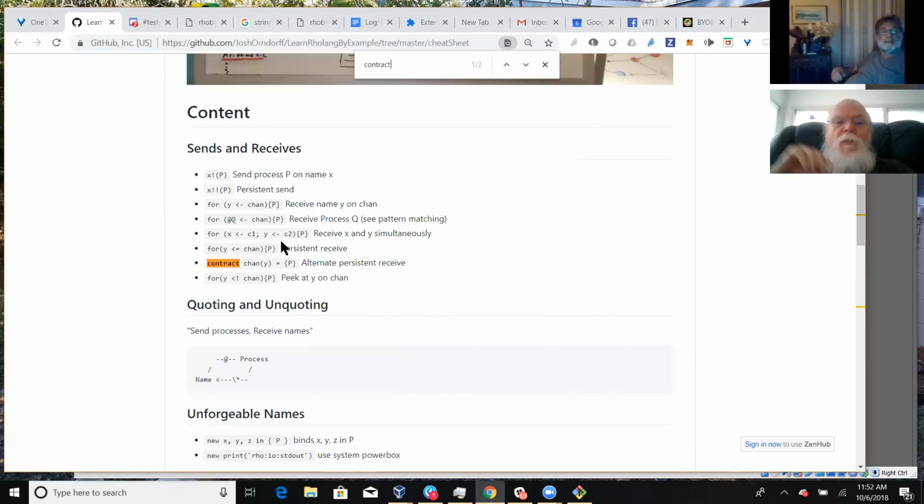This is receive X and Y simultaneously. We could put the for back in there. I don't know if it's necessary.